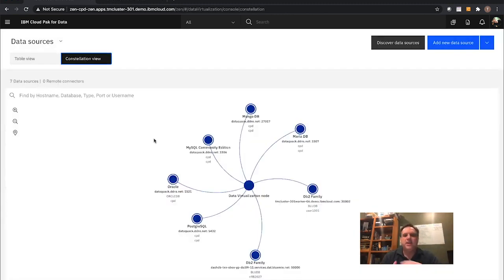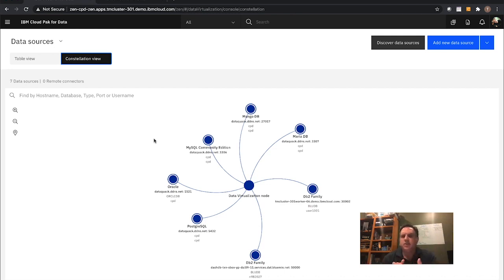And you can see right here are a whole set of various databases and different kinds of data repositories that I already have set as some pre-built connections. For example, Mongo, MySQL, Oracle, DB2, Postgres, and MariaDB are all different pre-built connections that I have gone ahead and configured. And now I have my own data virtualization central node that is able to reach out and connect to each